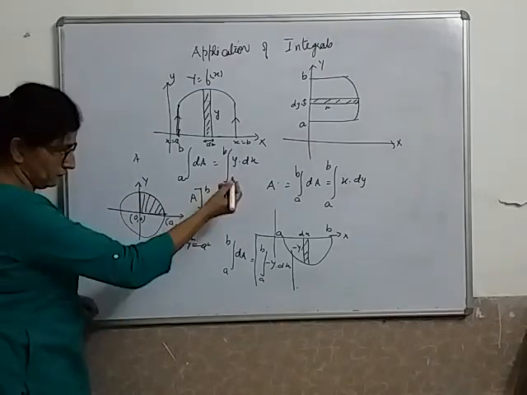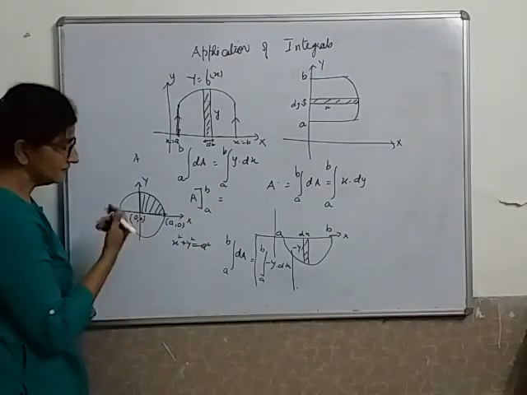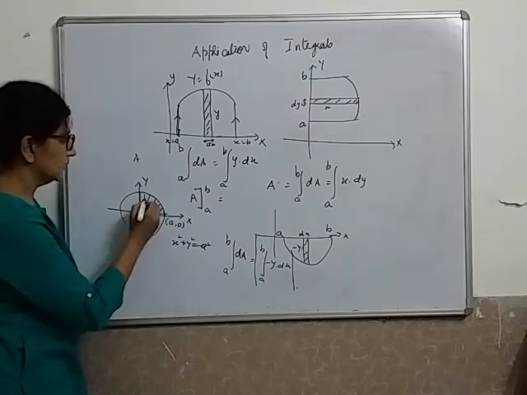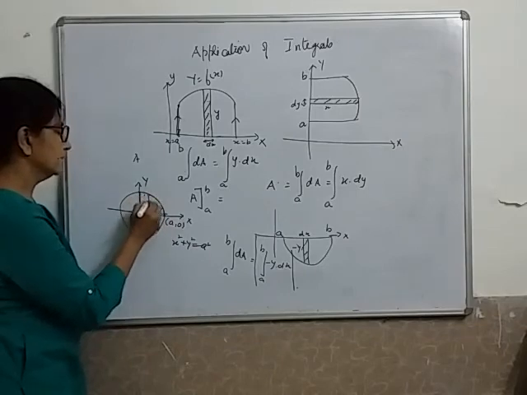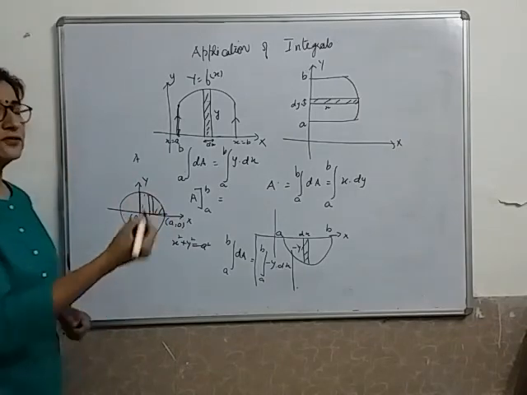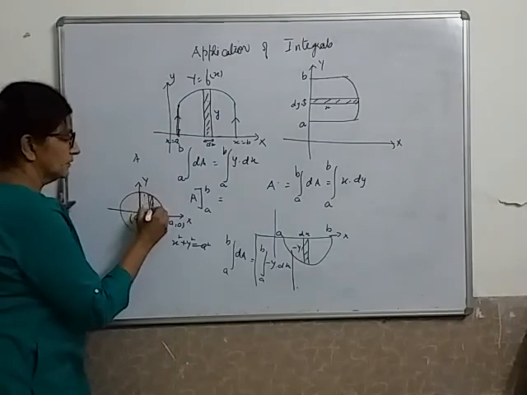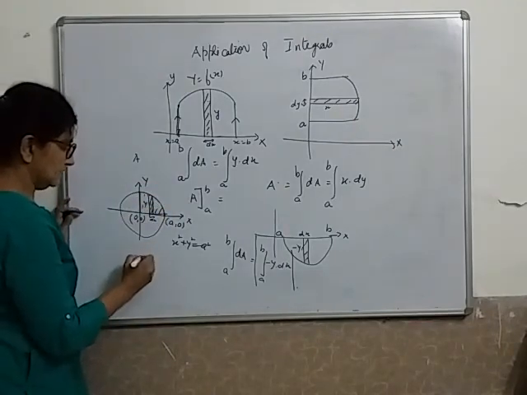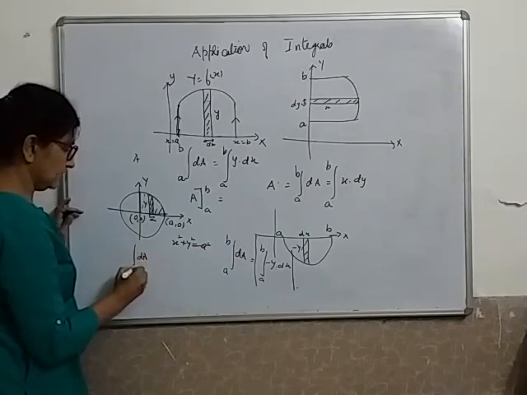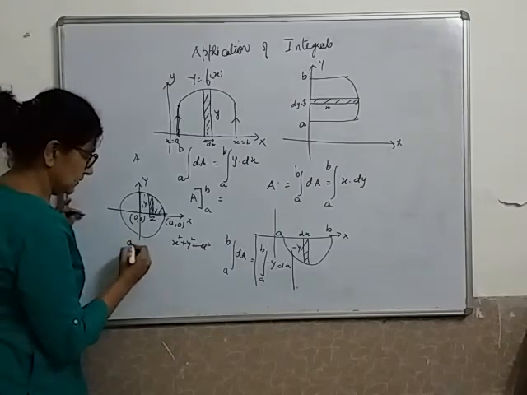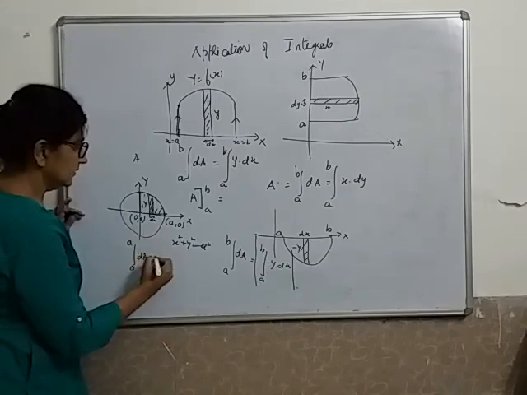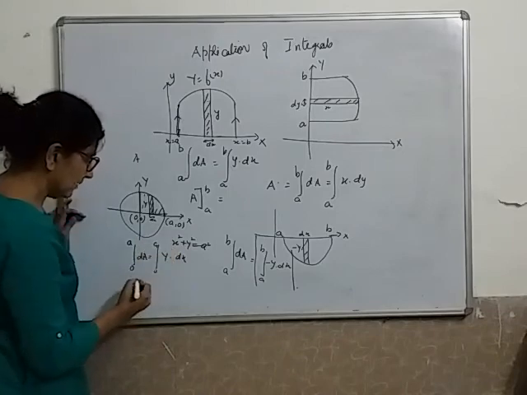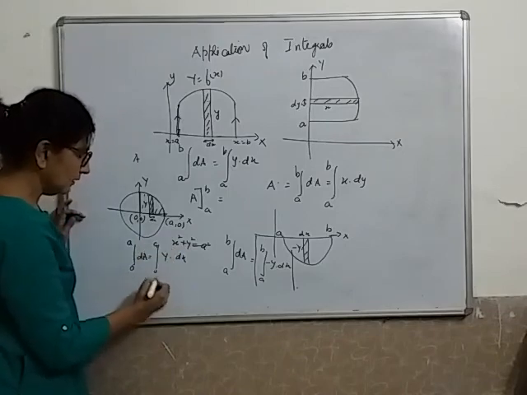Okay, let's see. I said integration can calculate the area. This is a very good example because you know its formula. I just integrate this. Suppose I take any strip over here. Every time we will not do it, this is just for understanding, I am making it just for your understanding. This is dx and this is my y. And dA from 0 to a this time, a is 0 and b is a, is y into dx, and its integration also from 0 to a. So this will become my area.